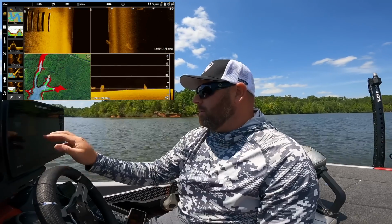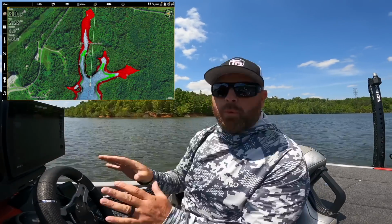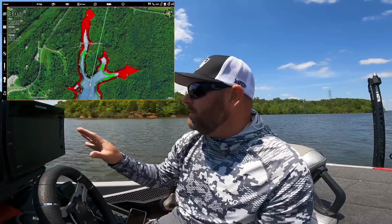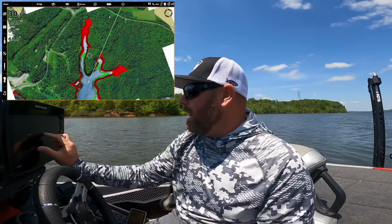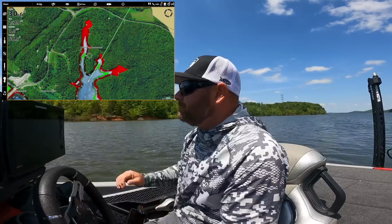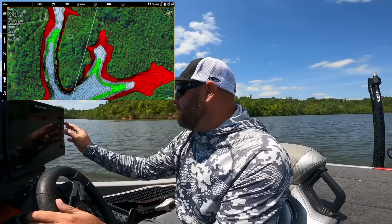Let's go, boom, and then we'll go full map for you. Okay, so that is what I consider, or it is considered, a spawning bay. Sometimes they're big and vast, sometimes they're narrow, but this one is fairly substantial. Let me turn the boat and you'll see there's a lot of water back here. And you can see in the very back,